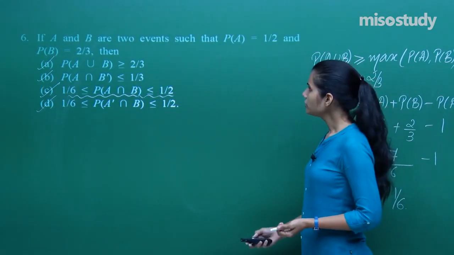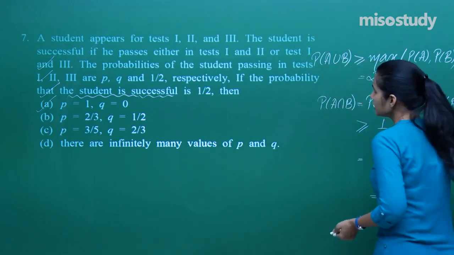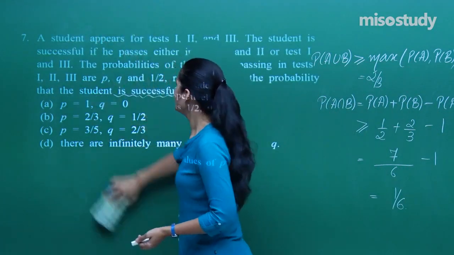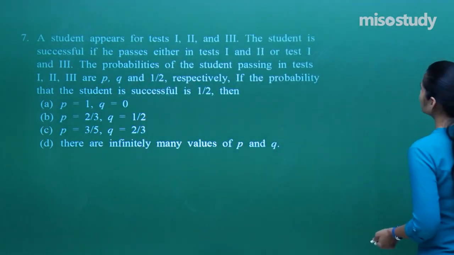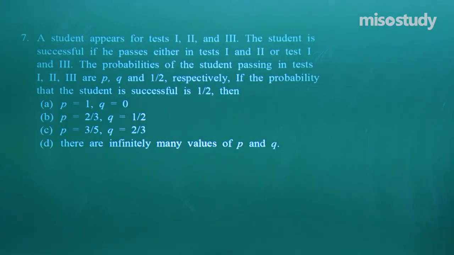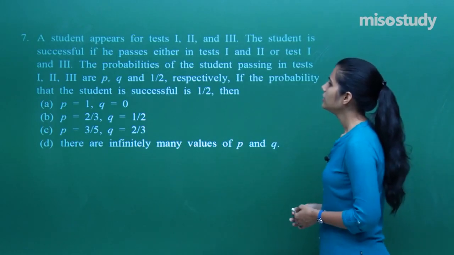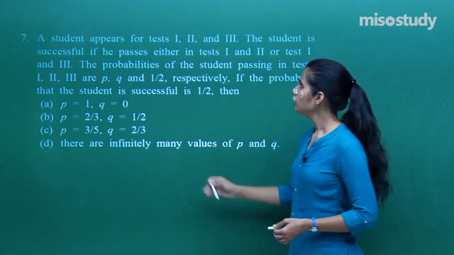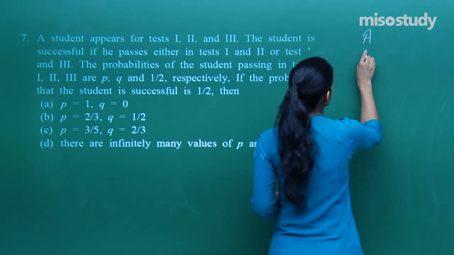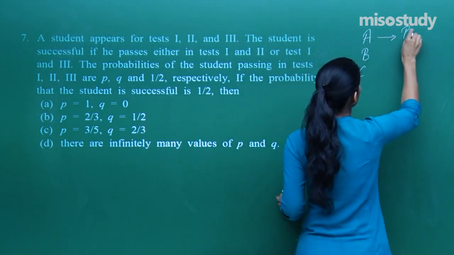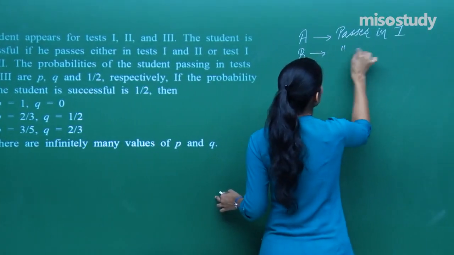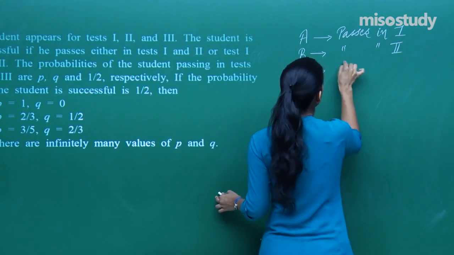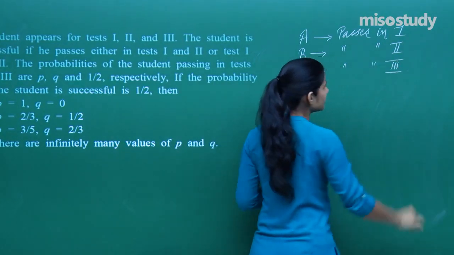Clear? Moving on to the next question, we have that a student is appearing for 3 tests, and I am saying that if he passes in 1 and 2 or 1 and 3, then I am going to say he is successful. Probability of him being successful is given as 1 by 2. Then which among them is correct? So suppose I define 3 events A, B, C